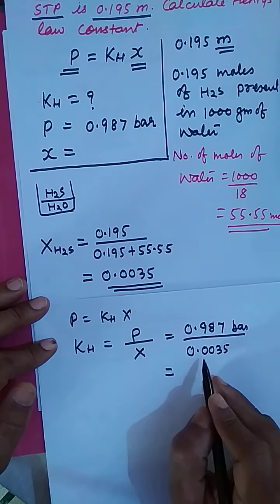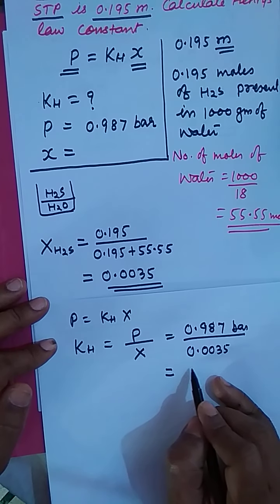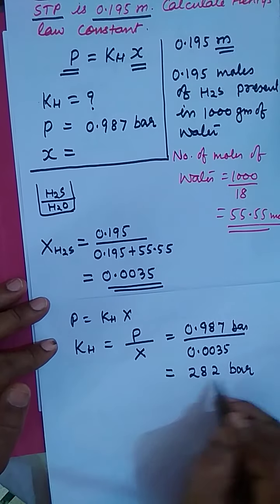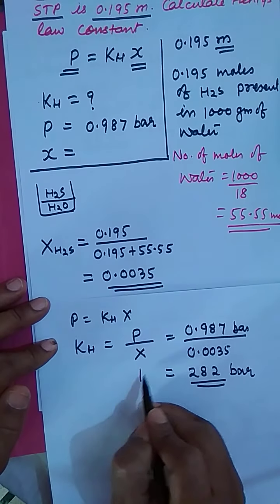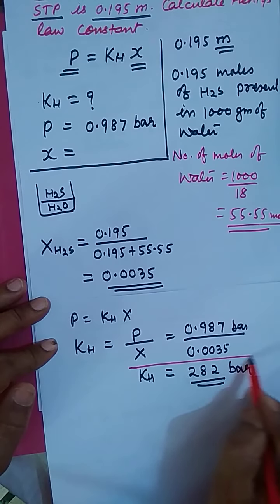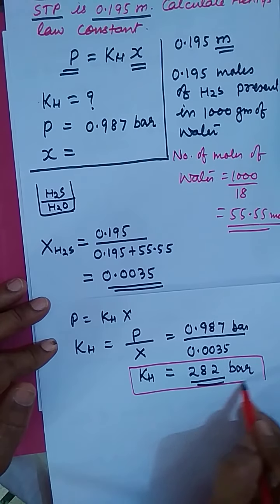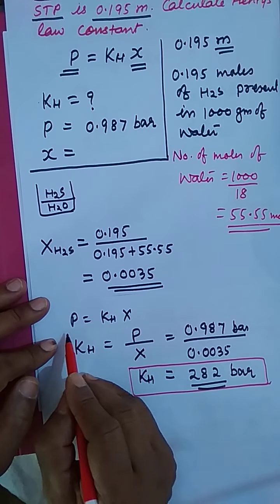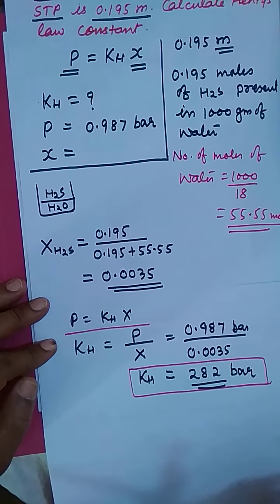Now after calculating it, it will come 282 bar. So this is the value of KH. So on you can calculate. If two things are given, you have to calculate one thing. It's very easy to calculate. Okay friends,